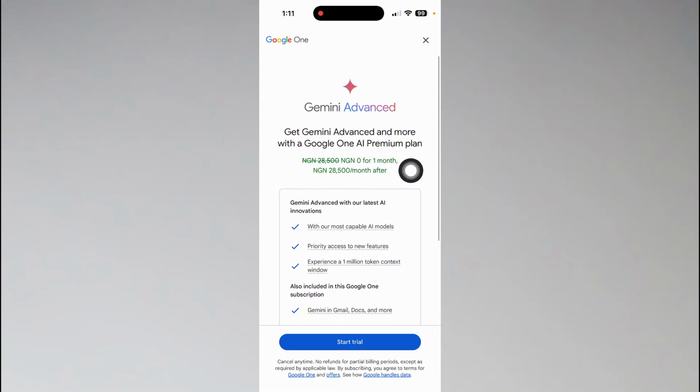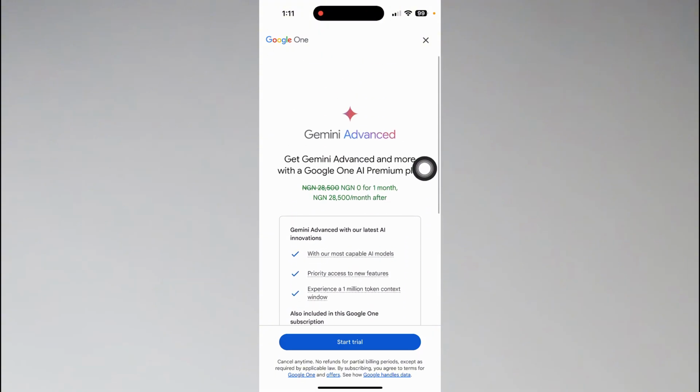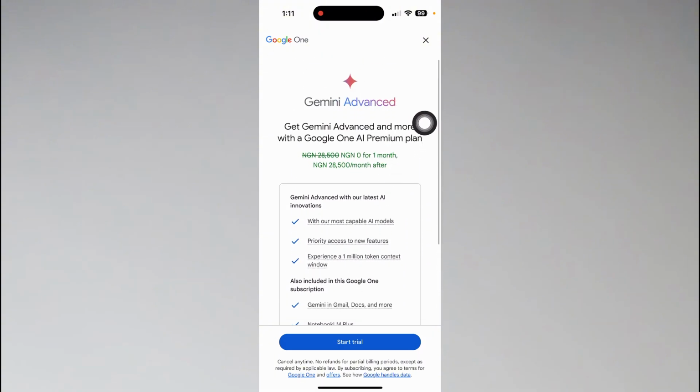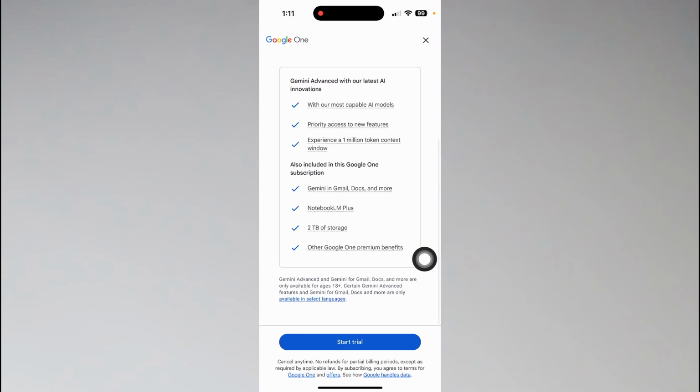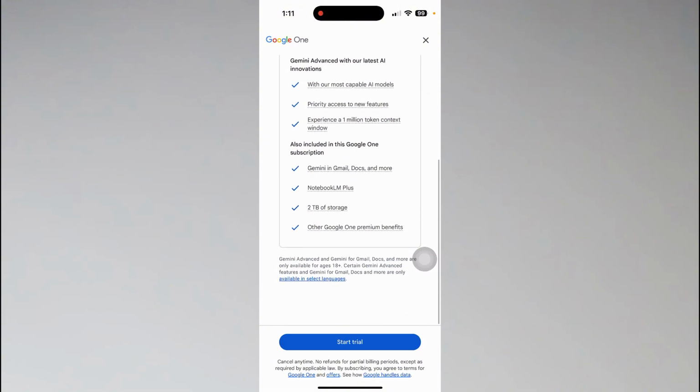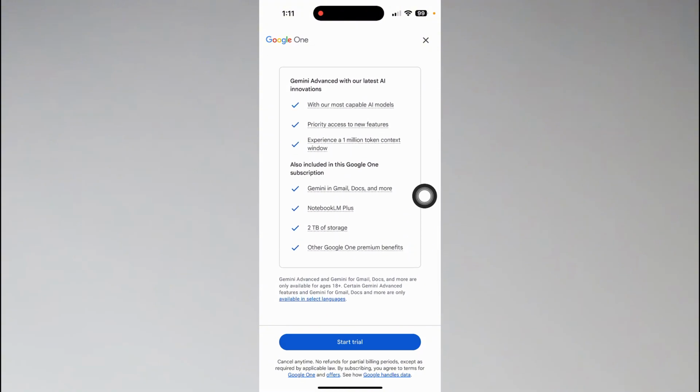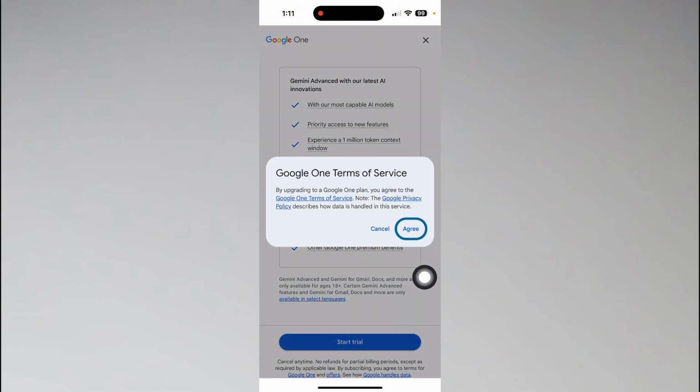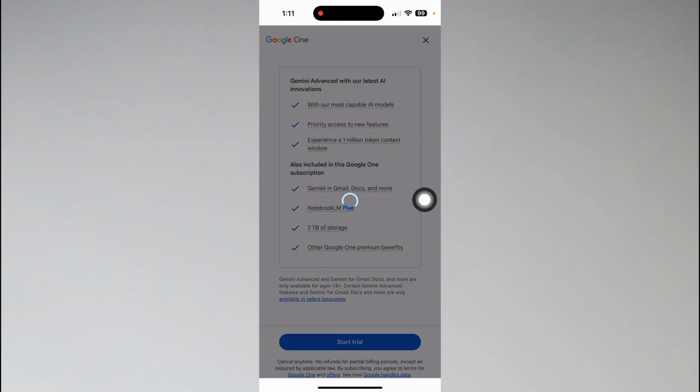Now you will get one month of free access to Gemini Advanced as a free trial. So you can start a trial without paying a single penny, or you can just go with the paid version and pay for it the first time without the trial. I prefer you start a trial, so you can just tap on it and tap on agree to their